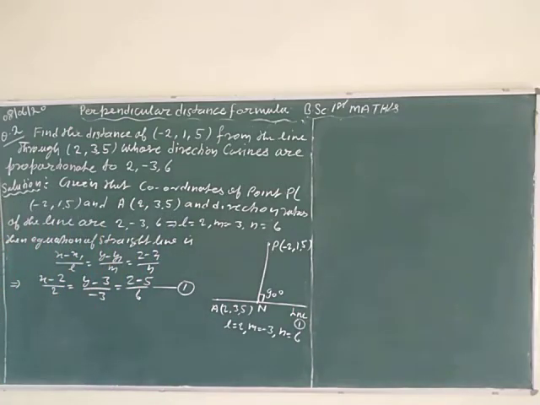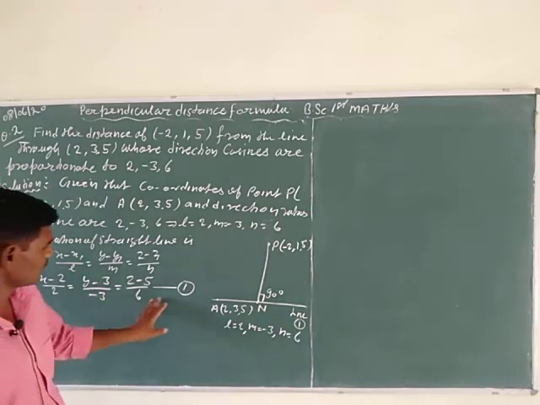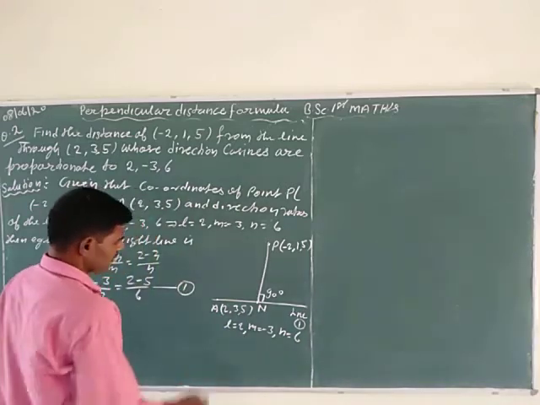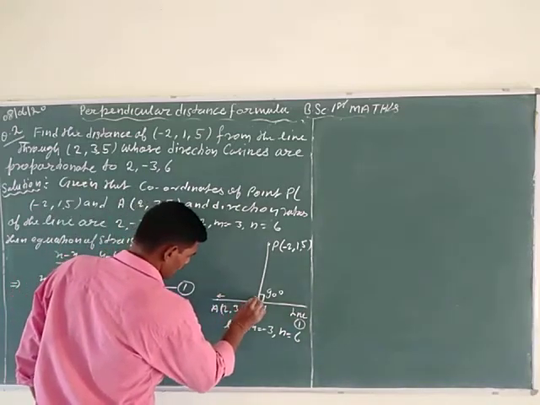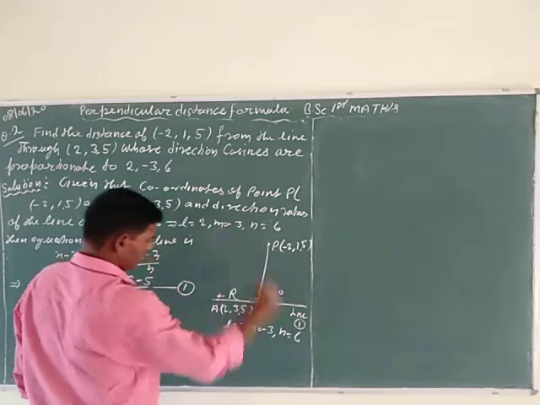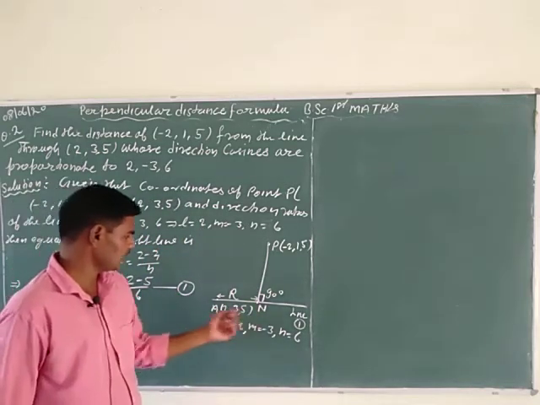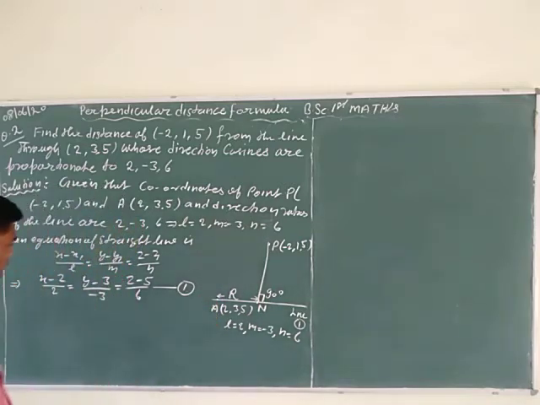First calculate the coordinates of the foot of perpendicular, meaning the coordinates of capital N. For this, take the straight line first, and suppose that the distance between A and N is capital R. In the figure, capital R is the distance between the two points capital A and capital N. Capital A is a given point on the straight line. So from equation first,